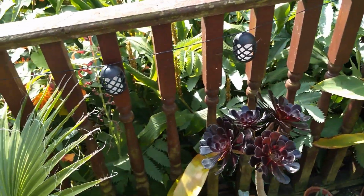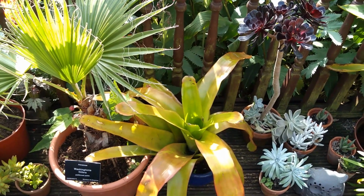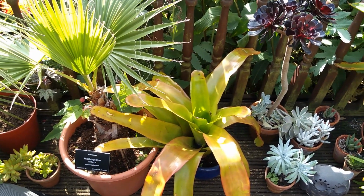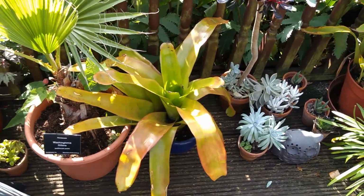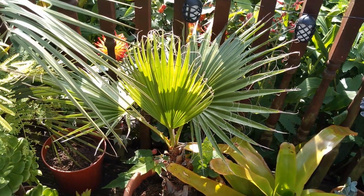So really I am thinking about obviously having to get the plants in soon for the winter time, unfortunately. But I normally do it in the third week in October, so I've got about a month to go. So the Aechmea blanchettiana, Washingtonia palm,